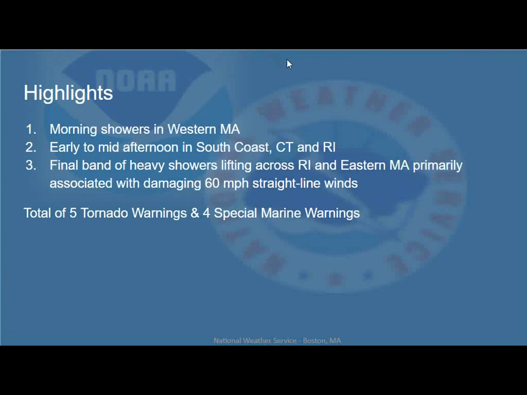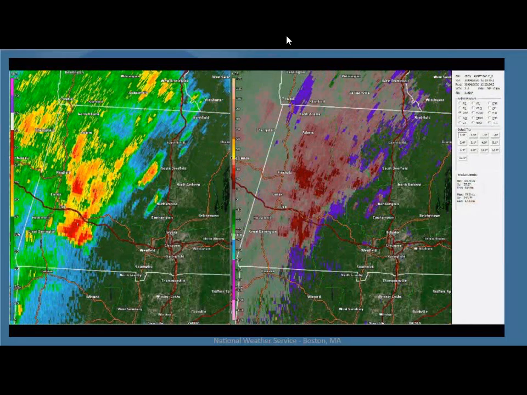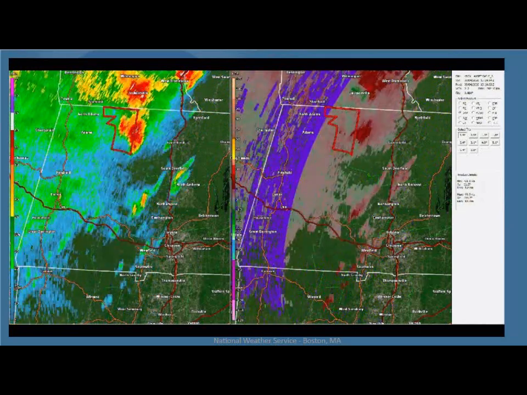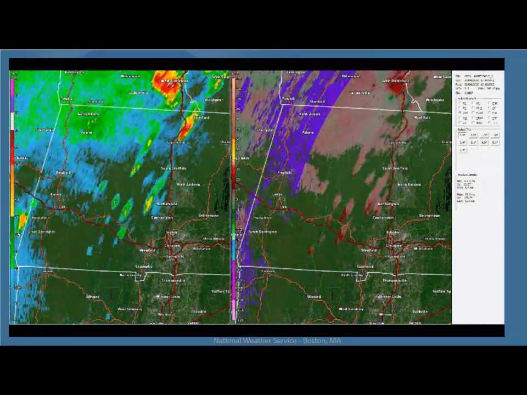And we have a list there of 5 tornado warnings and 4 special marine warnings, which was probably for the waterspout risk. So if you keep going, we've got more. Now, the one thing that's tricky with these kinds of systems is